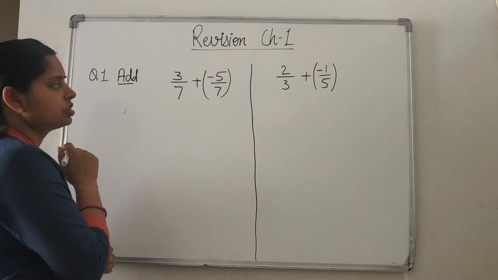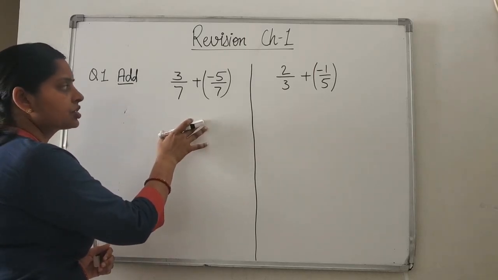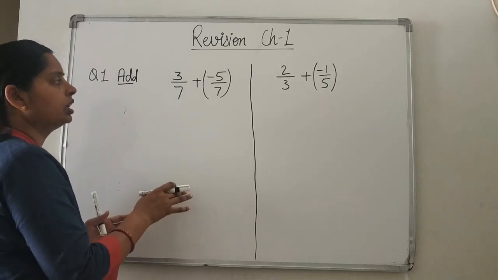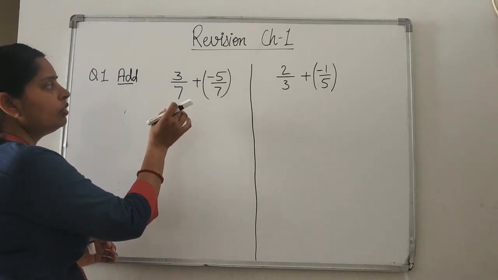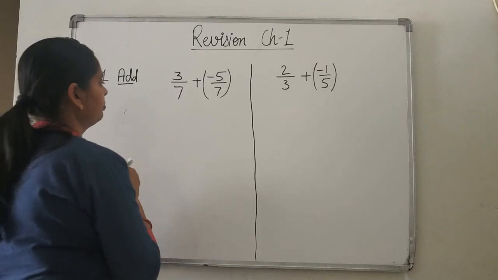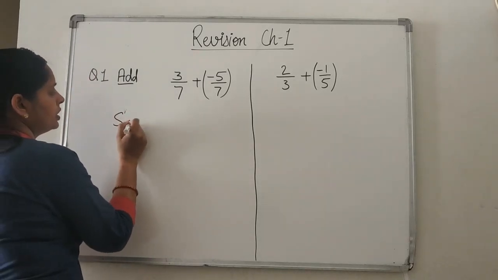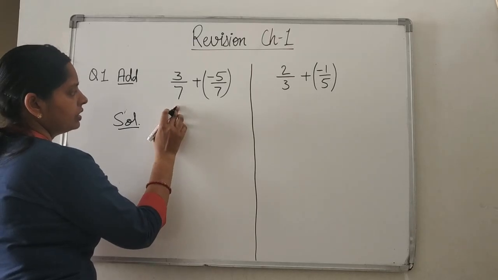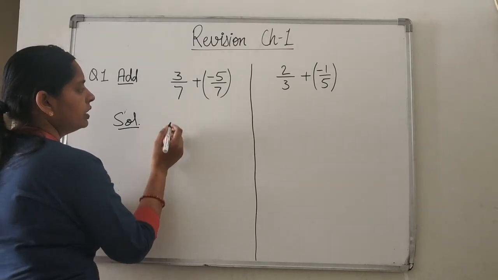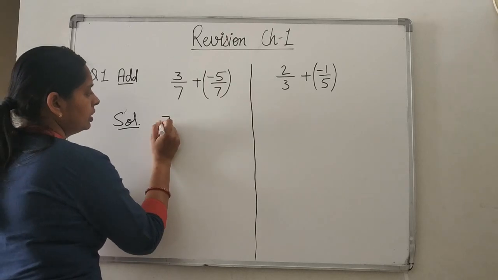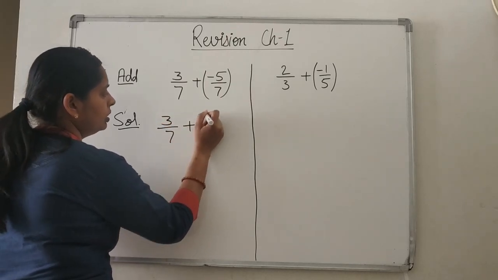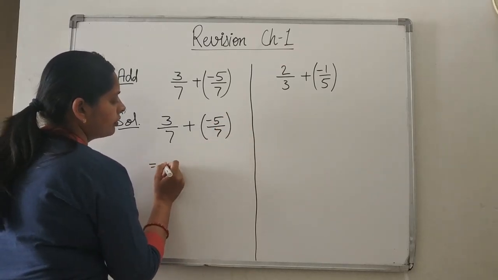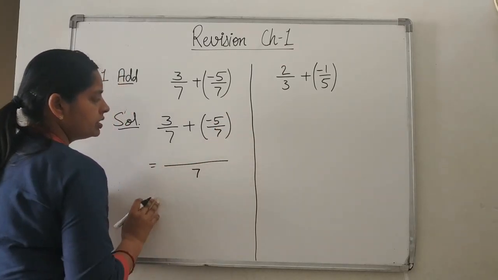It is the combination of addition of fraction, whatever rules you are following for addition of fraction, including the rules of addition of integers. Let's see how. For this first part, see. You can see both the rational numbers are having the same denominator. So when we are having the same denominator, then we can take denominator as common, like you are doing in the fractions. Common denominator is 7.